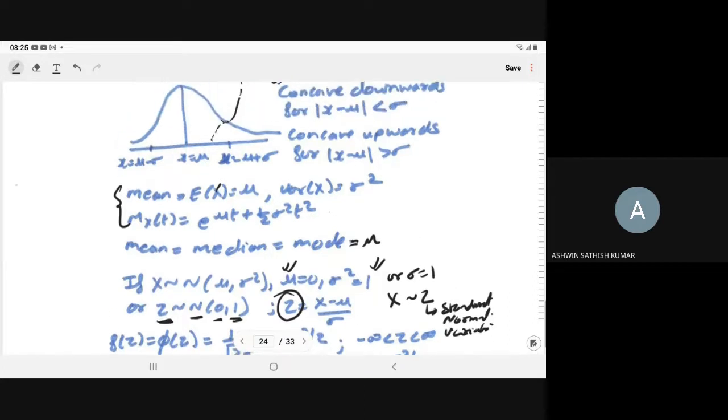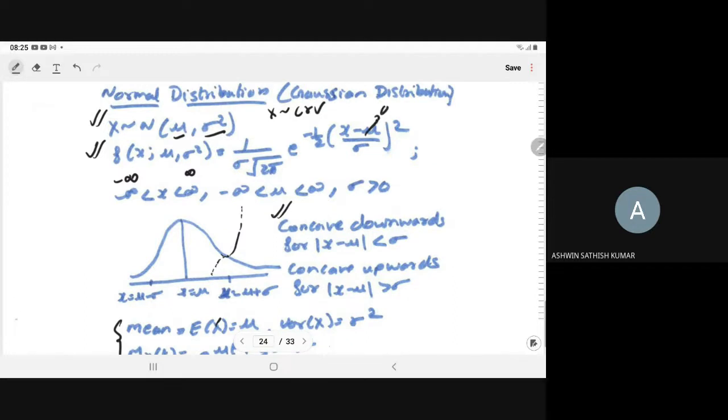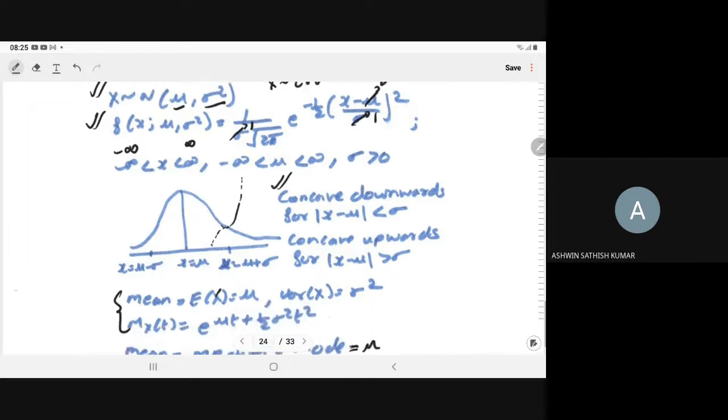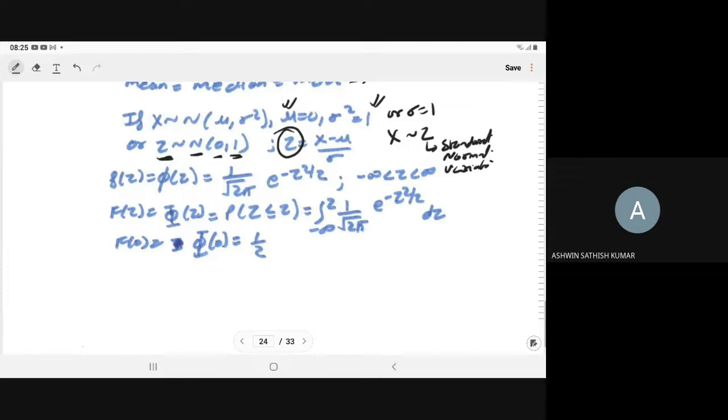So in this, if you put mu equal to 0 and sigma equal to 1, x is equal to z. So the PDF is given by f(z). And in case of the standard normal distribution, in general, instead of writing f(z), we prefer phi(z). So phi(z), the PDF for the standard normal variate, will become